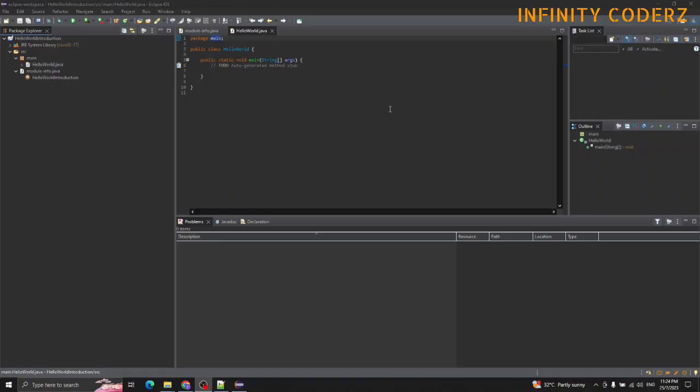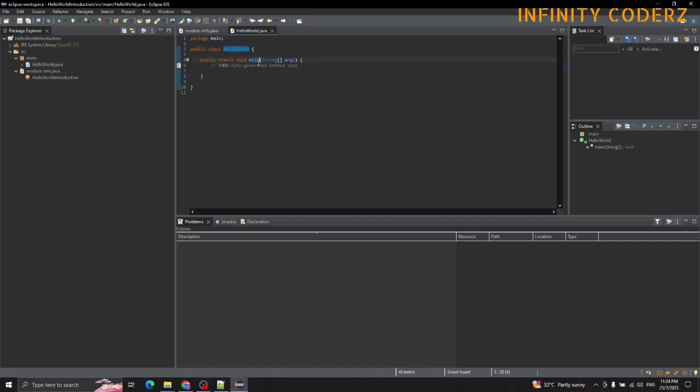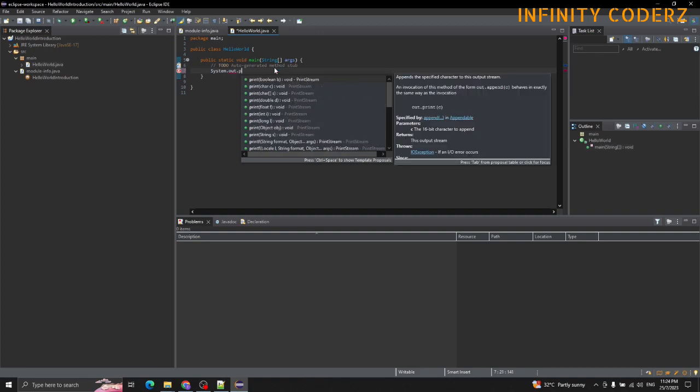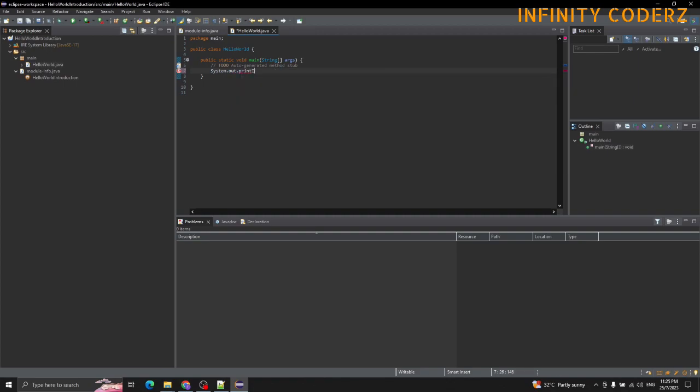Next, to write Java code, in your code editor you will see an empty Hello World class. We can replace the default code with our desired Java code. For example, you can see here, this is the class, and this is my main method. Under this, we can create whatever kind of code we like. For example, I'm going to print out something. I can just type System dot out dot print. It will give you options while you're typing. There's an option print,